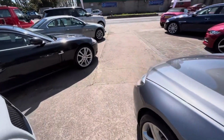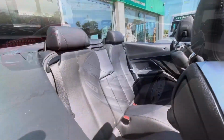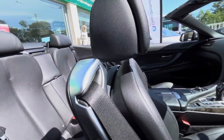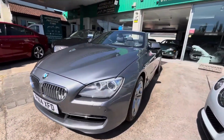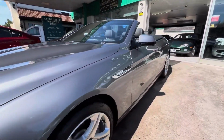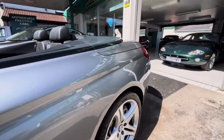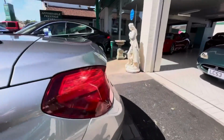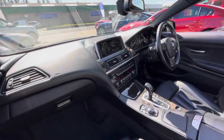Now, this car has a 4.4 litre twin-turbo V8 engine, 440 horsepower, and an even more impressive 480 pound-feet of torque. Now, a vehicle that has a lot of power is great. A vehicle that has a lot of torque is great. A vehicle that has both is formidable. And that is exactly what these cars are,